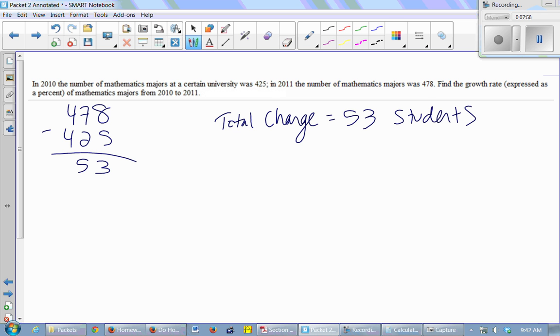Okay, so I want to know what percent change this represents. So this is a really good skill to have, to know what people mean when they say percent change. Like, in the news, you'll talk about, the deficit went up such and such percent. Like, what does that mean, right? So a percent change is always the amount of change, the total change,